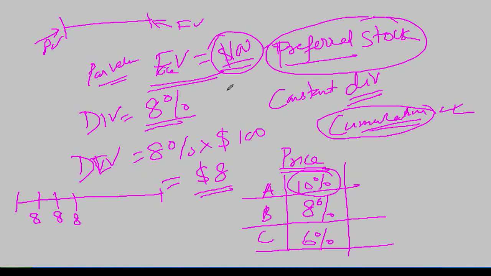Preferred stock has infinite life, because we assume that the company will be remaining till infinity. So I will be getting this $88 till infinity. Now what will be the present value of this amount? You have to discount each of these cash flows. At what rate do you have to discount?